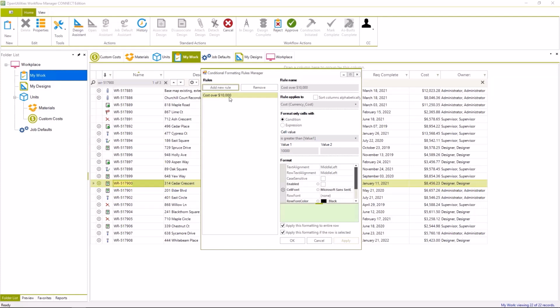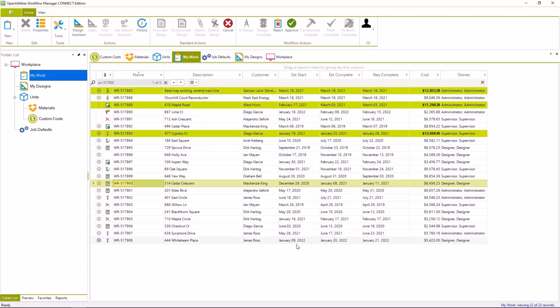So the rule I'm going to set up is costs over 10,000. And I'm going to come in here and I'm going to come down to enable, and I'll just hit OK. And what it does is it highlights in green the work requests that have a cost over $10,000. So it's very easy to set up this conditional formatting with rules to separate the data out